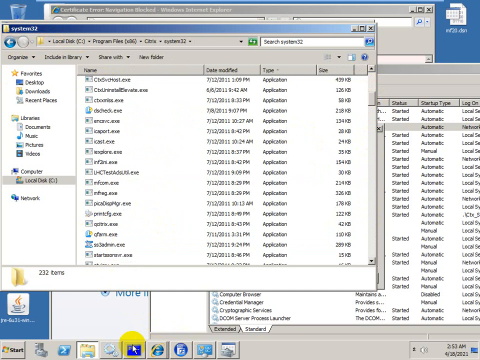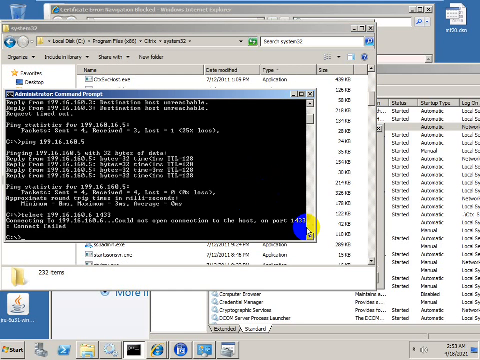So these are commands to put on the queue.